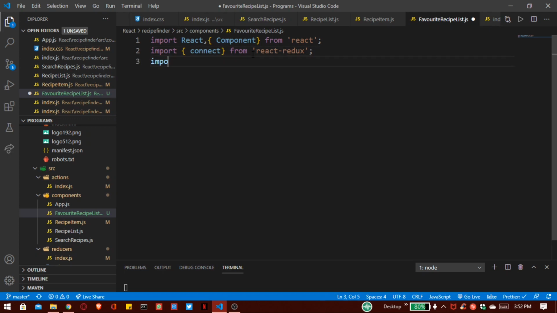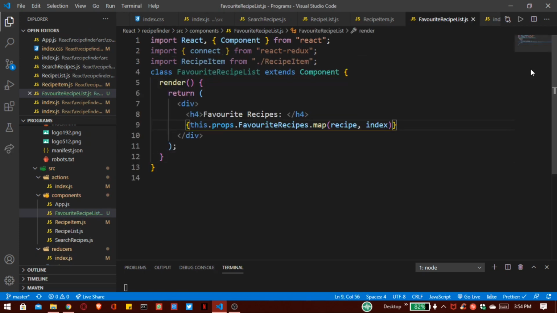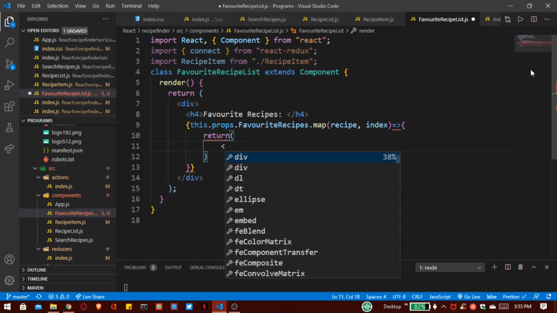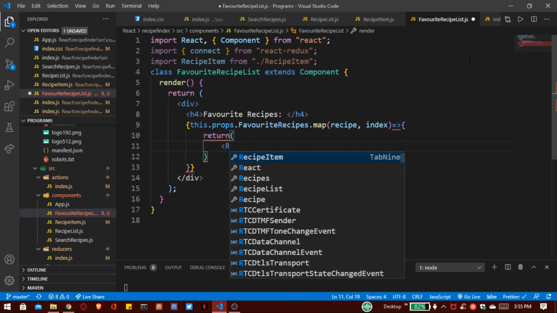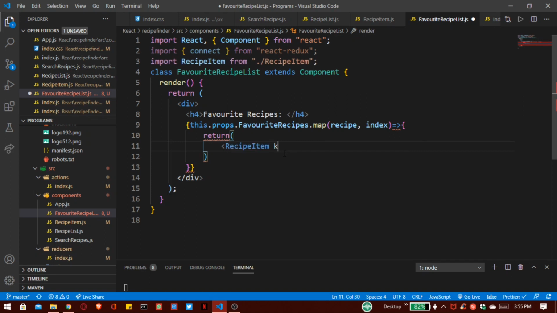Then I want to import our recipe item list because I want to use this ES6 arrow function syntax for our return. So return, here I want to pass our RecipeItem that is imported from our recipeItem.js file. So RecipeItem with that key is on our item, and here we also have to print our recipes. So recipe that is equal to our recipe. Now close this tag,